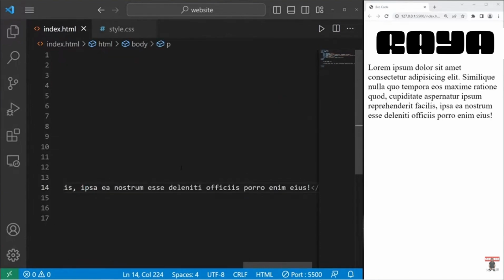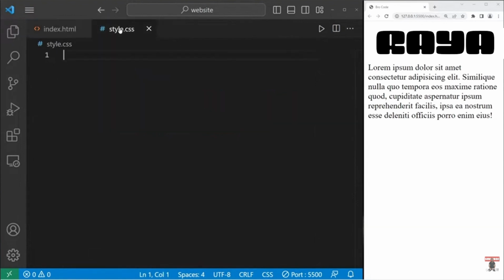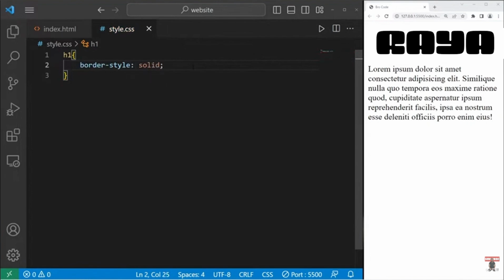Let's go to our CSS style sheet. Let's add a border around our H1 element. H1, curly braces. We can select a border style with the border-style property. First, we have solid. Our border is a solid line. There's dashed. We have a dashed line, dotted,